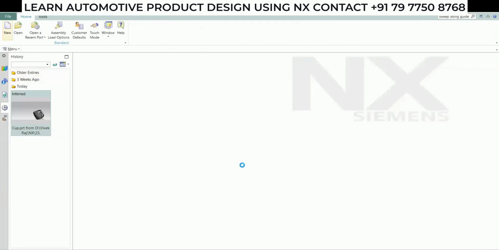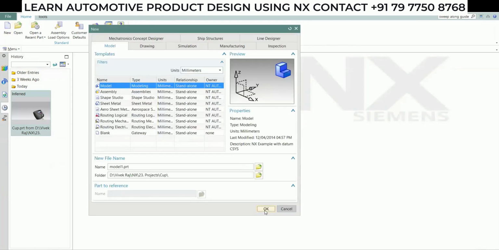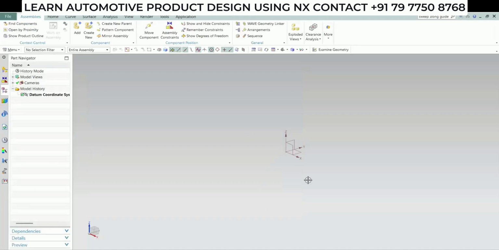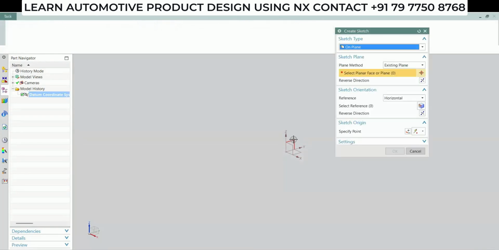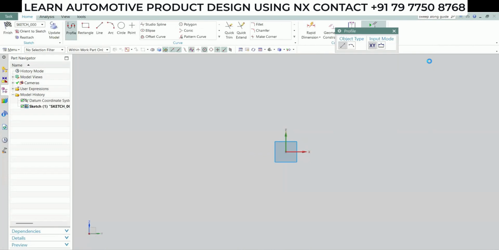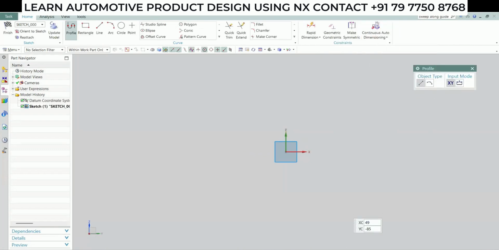I just say okay. For this, I need to draw a sketch in the YZ plane. So I pick this sketch curve, create a sketch, pick the YZ plane, and just say OK. Then I turn off auto dimensioning, and then I will do a sketch. The sketch would be something like